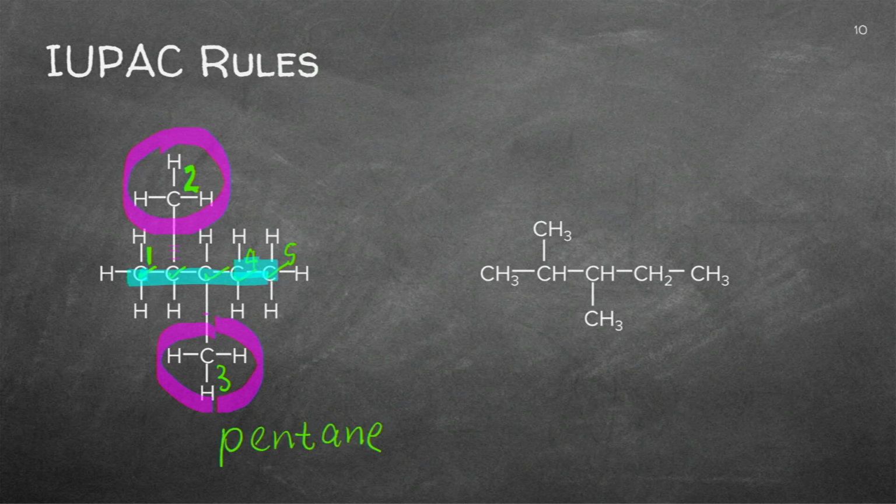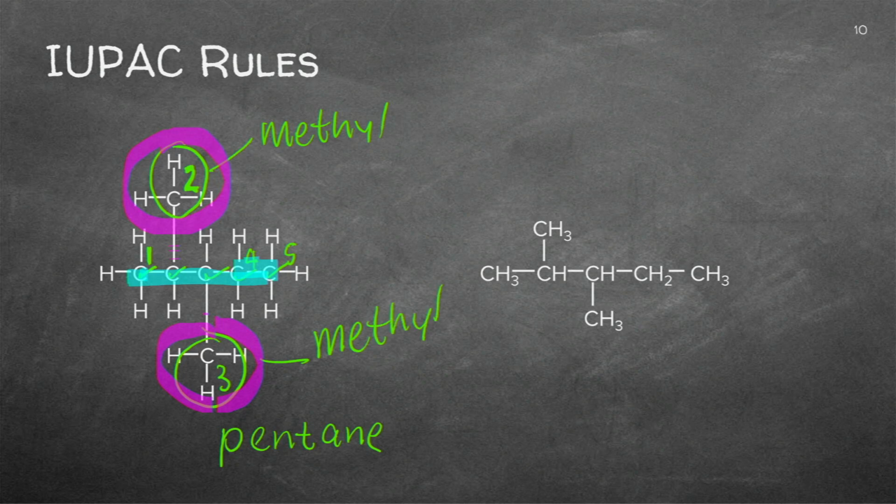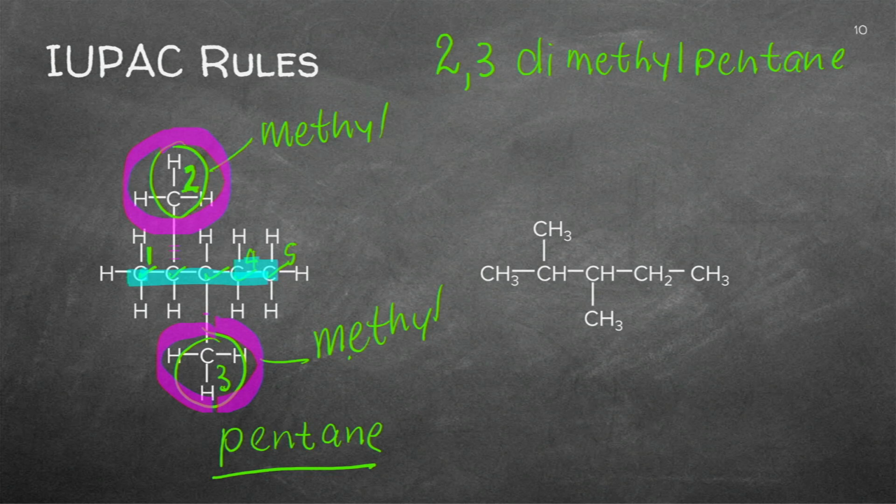So I've got pentane. Can you see on the second and the third I've got methyl groups. Right. Happy with that? Let's see now. I've got to name it. It's a pentane with, on the second and the third, a methyl. I'm going to write it down. It's on the second and on the third, I've got dimethyl, and I'll explain that now, and it's on a pentane chain. I've got 2 and 3 indicating to me where the methyls are.